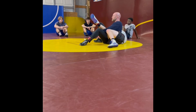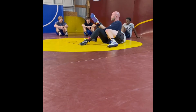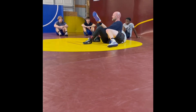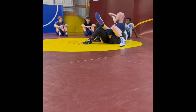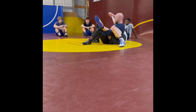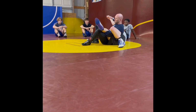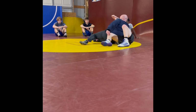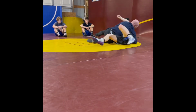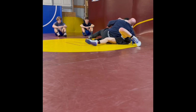Now I'm going to attack the wrist, but I'm not going to kick straight away. All right, I'm going to attack the wrist. I'm going to bring my knee to my chest, and I'm going to kick the ceiling. Now, when I attack this top hand, I got 2 options. Once I get it free, I can turn towards the legs, or I can hip shift back towards the head and start looking for a half right here. All right,